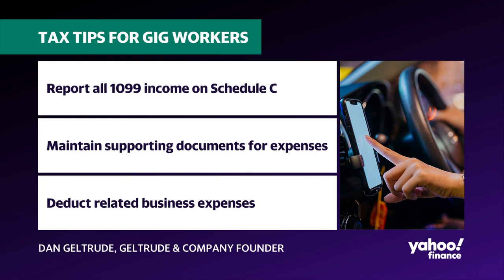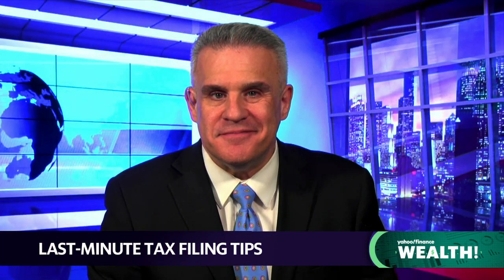So what you want to do is make sure that you maintain all the documents related to having expenses for that gig that you have running. That way you can get the benefit of deductions you normally wouldn't get as a W-2 employee. Dan, how far are we away from generative AI just absolutely changing the entire landscape of filing these tax returns